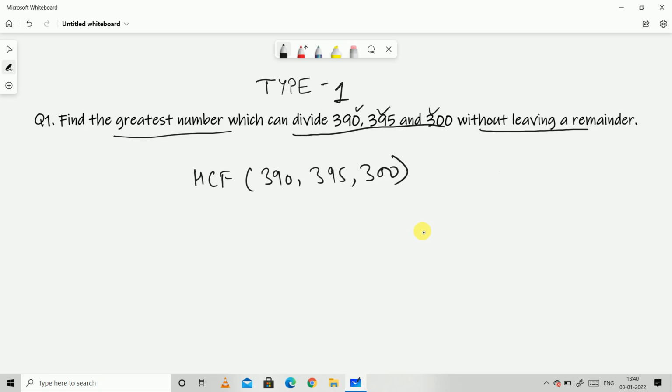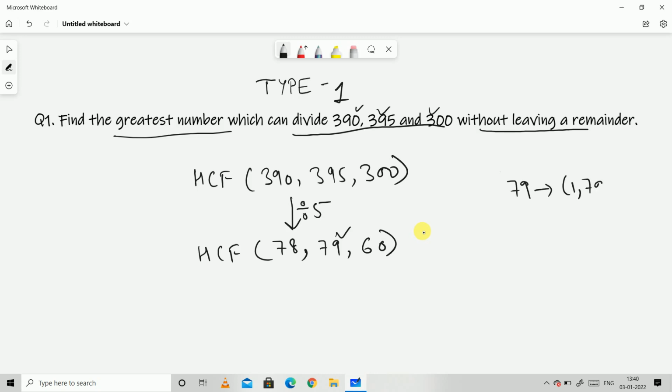Now see here, these all three will be divisible by 5, right? So we can reduce them by dividing by 5. So the HCF will be 5 times: 5 7s are 35 and 5 8s are 40, hmm, then I have 5 7s are 35 and 5 9s are 45, 5 6s are 30 and 0. Now see here, after this reduction we have 79 here. 79 is a prime number, right? So what will be the factors of 79?